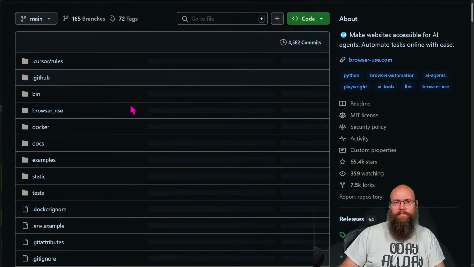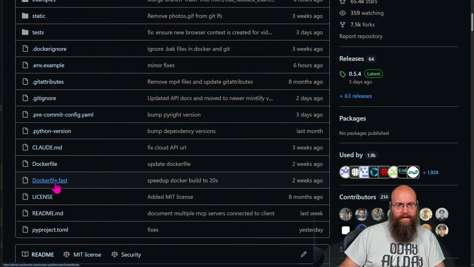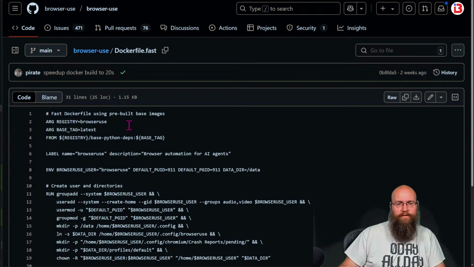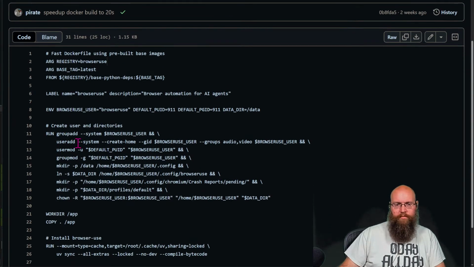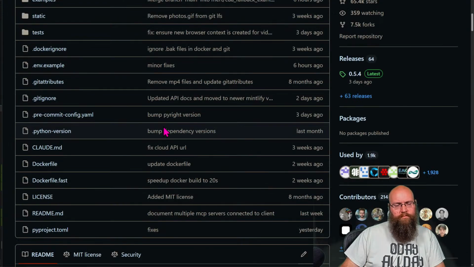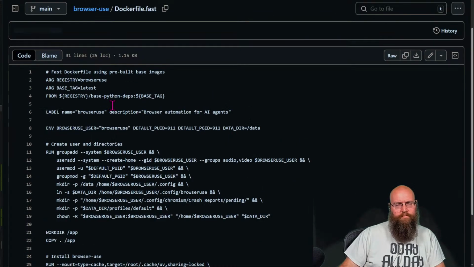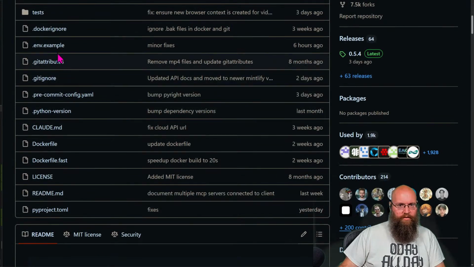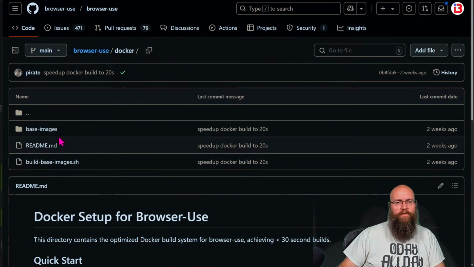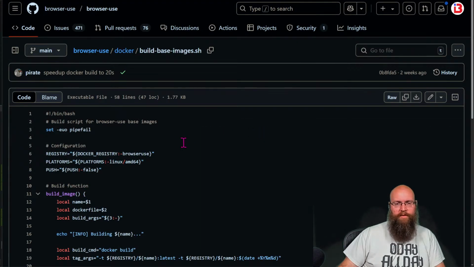All right, actually, I want to go look at something. So the Docker build fast, it doing differently here? Oh, here we go. That's what it's doing. This is probably building a... Let's go look at Docker again. Look at Docker, and then build base image.